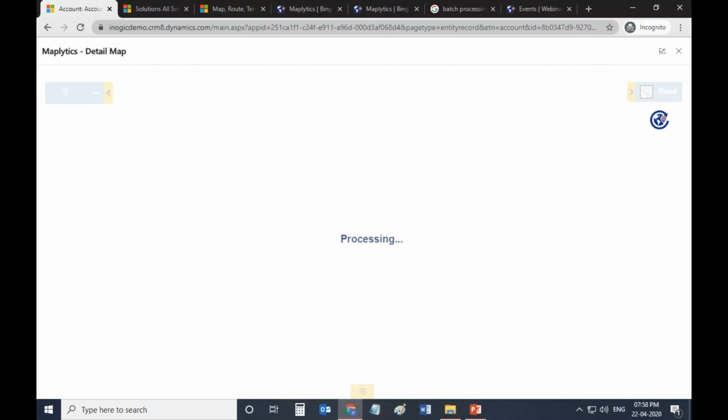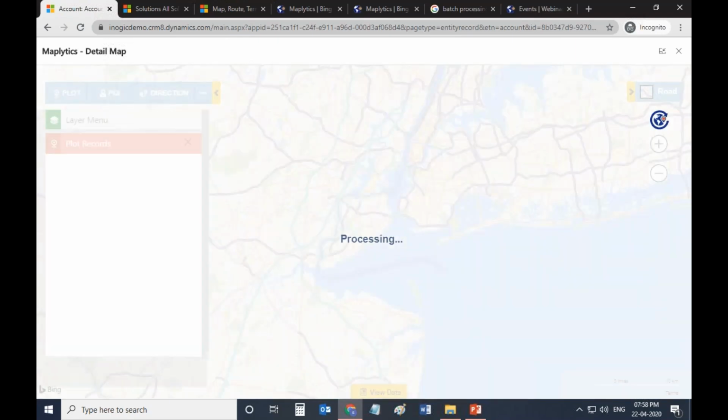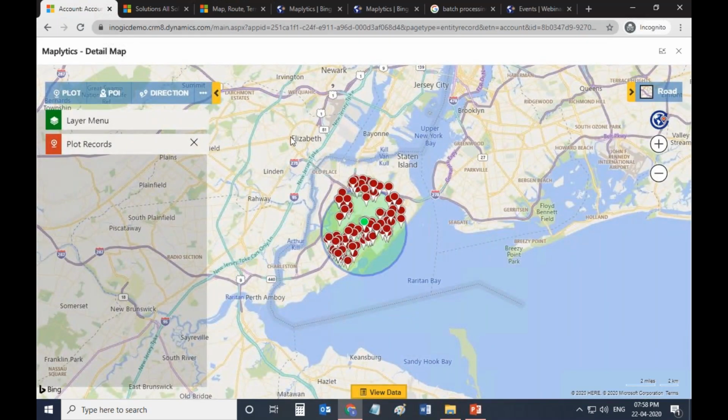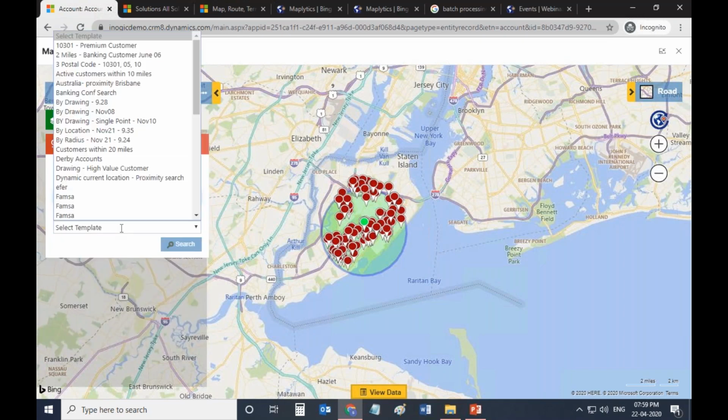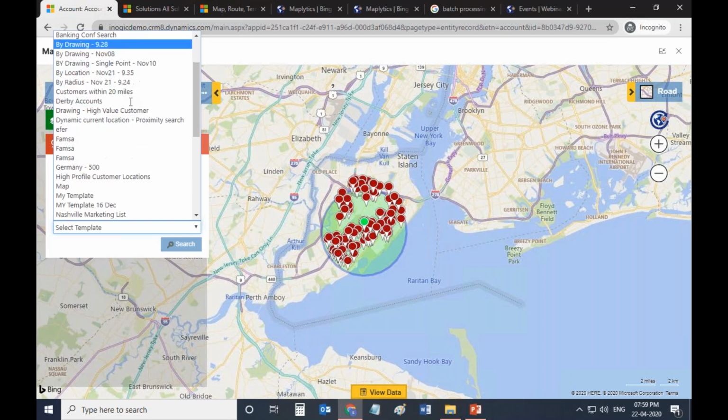And now we come to the last search option over here, which is by template. By template basically helps you when you want to search some search criteria very frequently. So I select the last option, by template, and this will let you search for all of the templates that you have saved within your Dynamics CRM.